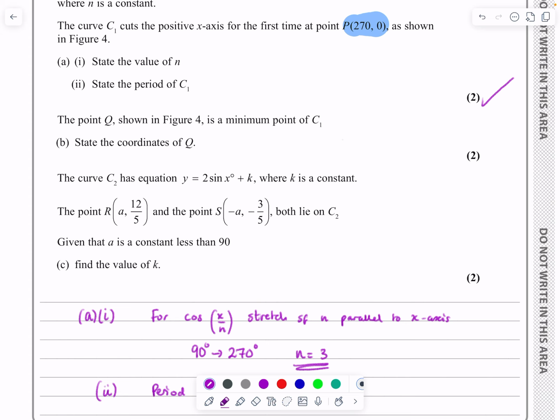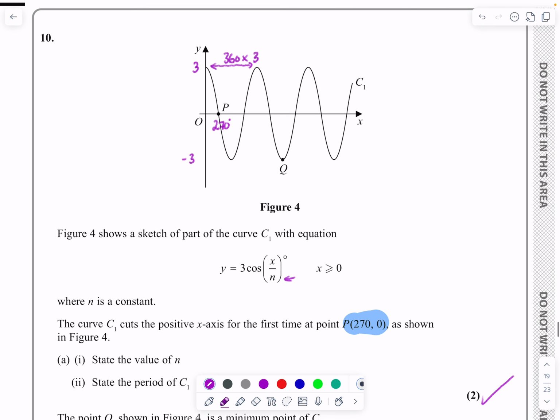It's just going to be the actual part to it. Part B says, can we state what the coordinates of this value here are going to be? So if we're going through and looking at these, it doesn't matter which way around. Well, first of all, we know that the y value is minus 3, so it's just what have we got on the x values. So what I personally would have done is I'd have said, well, on the original graph, because I know the original graph so well, 90, 180, 270, 360,